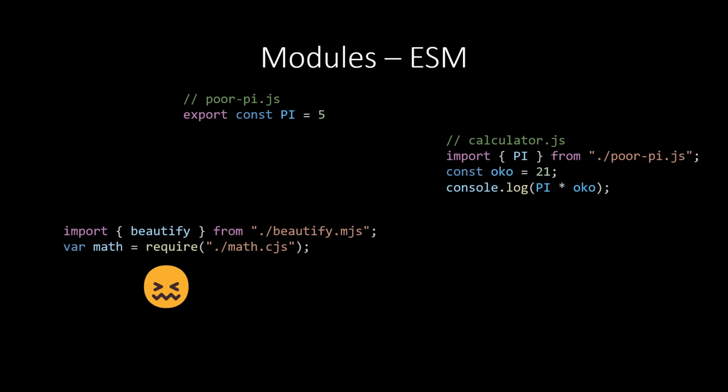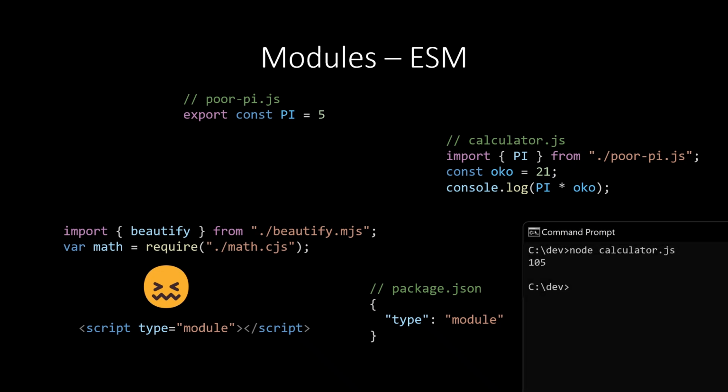So like we could do type module in a script tag, we can now in our package.json in our Node project, essentially the config file, specify that all of what's happening in this folder is by default a module. And so we can now use our code in the browser, in the console, on the server, everywhere, which